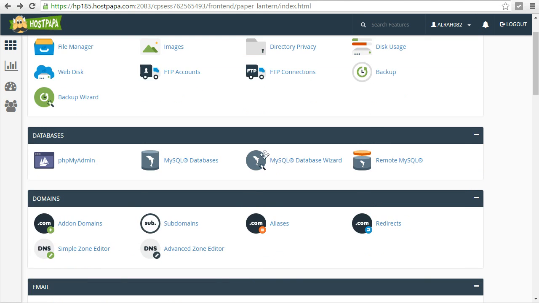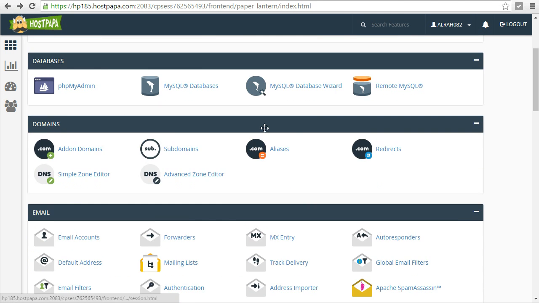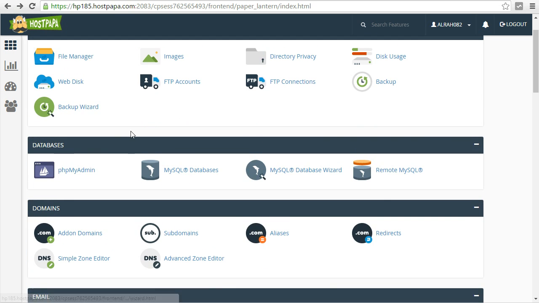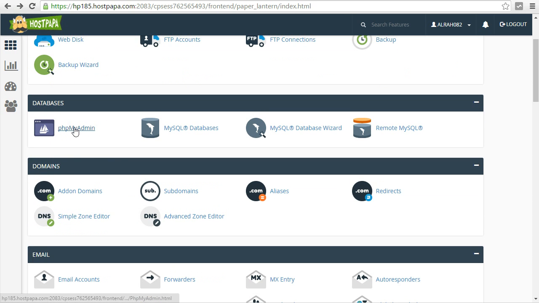So I'm in my hosting account right now, and I'm hosting with HostPapa. For some reasons, I like them. Their interface is very easy to use, and I just like them. I've tried a lot of hostings, but I like HostPapa, and I chose HostPapa Canada because for security reasons too. Now when I come to database here, and I click on PHP admin,